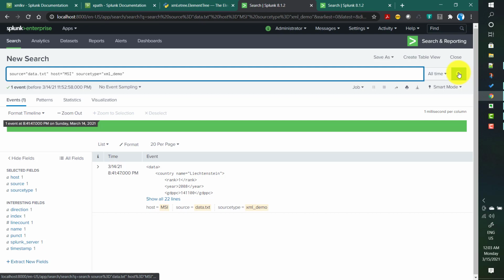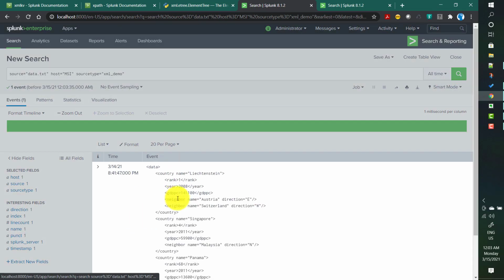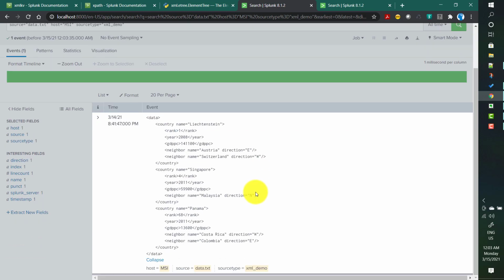I took a sample data and ingested it in my Splunk, and I have only a single event over here. I have a couple of countries with their rank, year, GDP and their neighbor names.